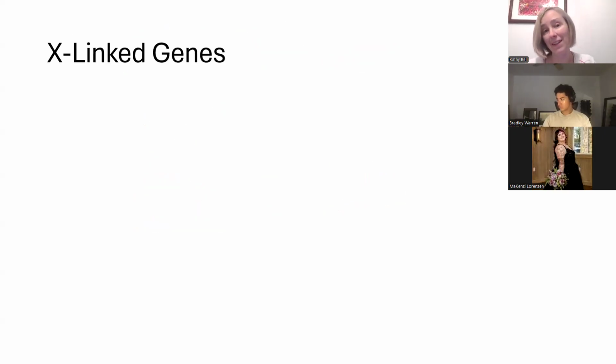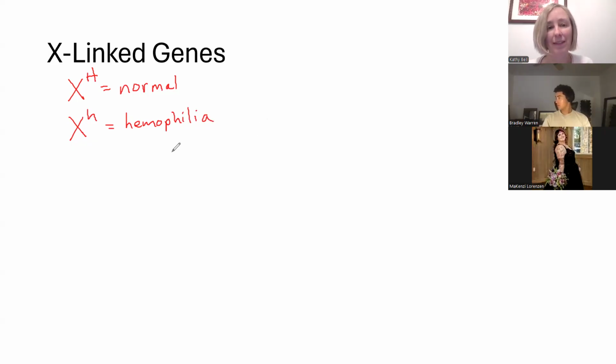Okay, let's take a look at these X-linked genes. Let's work with hemophilia. So we'll draw our key out. So remember, these are genes located on the X chromosome. And the recessive allele is going to cause hemophilia. Okay, so let's say that we've got